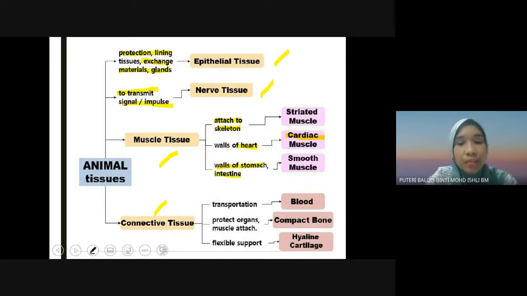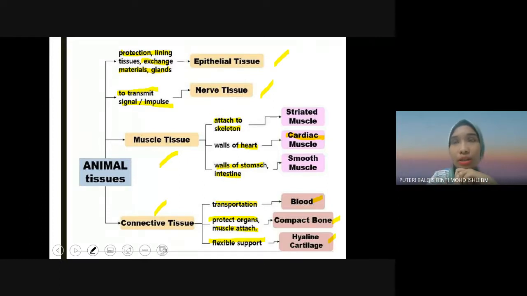Okay, and then we have connective tissue. Connective tissue, we have blood for transportation, compact bone for protect organ and muscle attached, and then the hyaline cartilage for flexible support. Okay, so basic apa, jap, kiranya animal tissue ni, okay, empat benda ni, apa yang awak